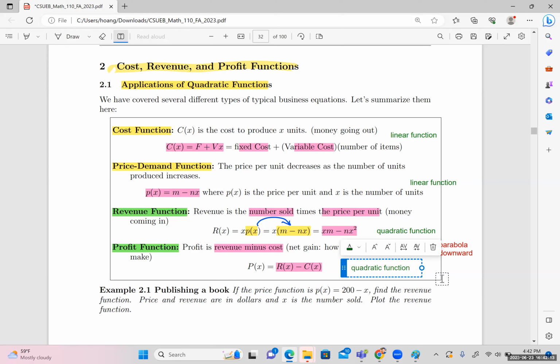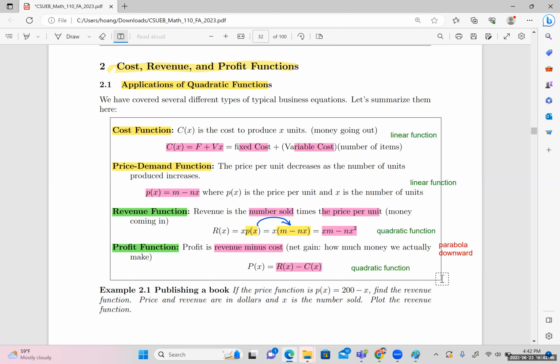All right, and also it's going to be a downward parabola. Okay, but we're going to talk deeply about that later. And there's a special case where the revenue and profit functions become linear functions when a equals 0. Okay, but anyway, let's start with